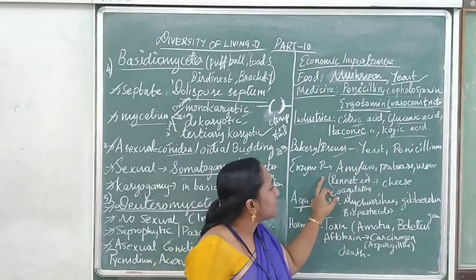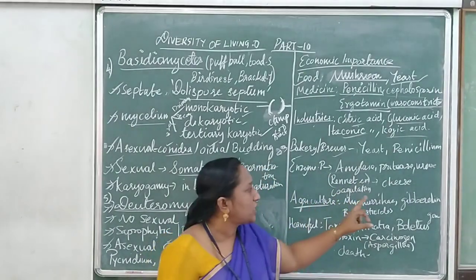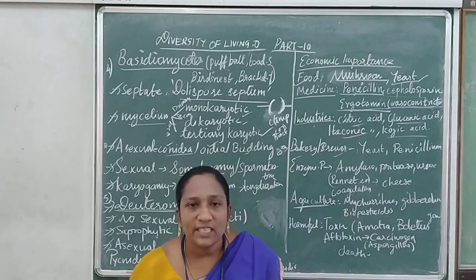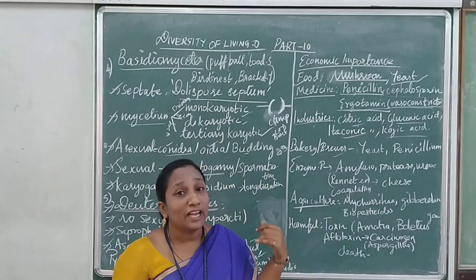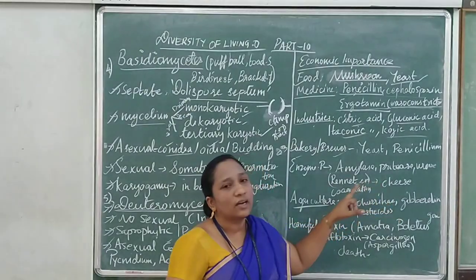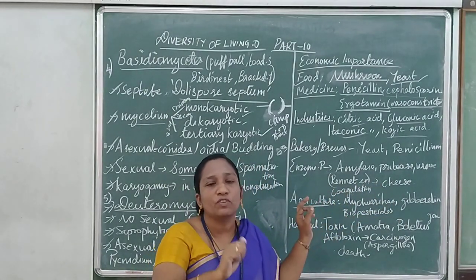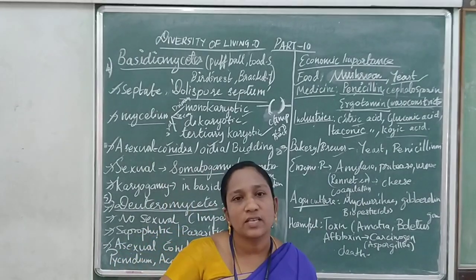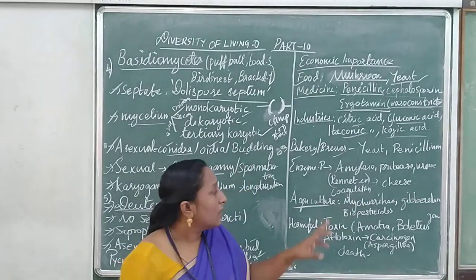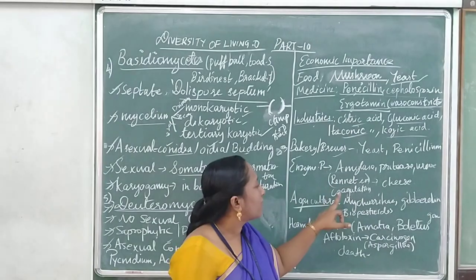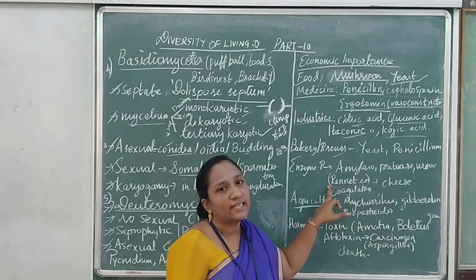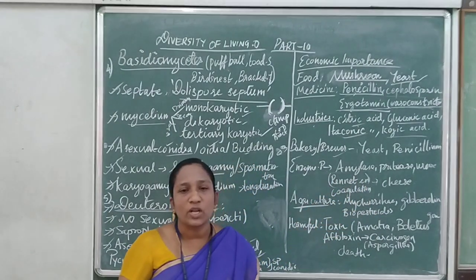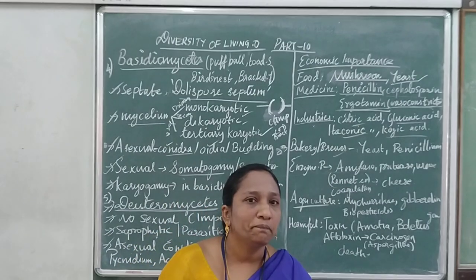So this Rennet enzyme is useful for cheese production. Do you like to eat cheese? Yes, even I like to eat cheese. Milk is changed into cheese. After a lot of processes, that milk is changed into cheese with the help of an enzyme called what? Rennet enzyme. So this Rennet enzyme is doing the coagulation process. Children, up to this clear?